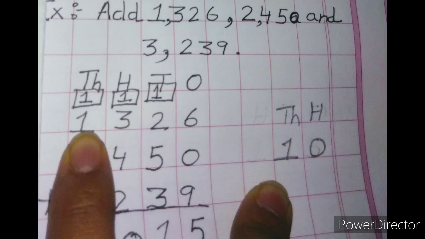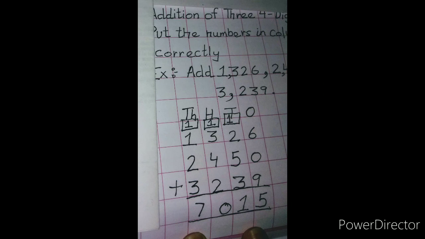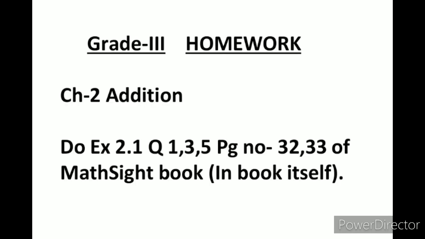1000 column. Now we have to add in the 1000 column 1, 2 and 3 and the 1 which is carried over. So let's start counting. We will put 1 in our mind and 2 fingers up. We will count after 1: 2, 3. Then 3 in my mind and 3 fingers up. We will count after 3: 4, 5, 6 and the 1 which is carried over. 6 plus 1 is 7. So it becomes 7015.